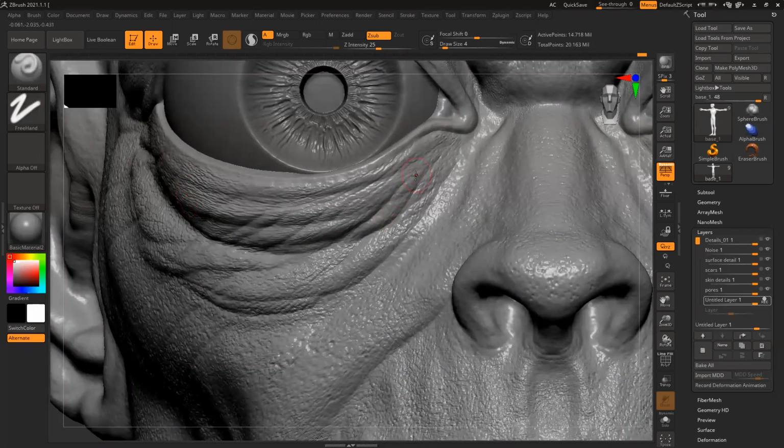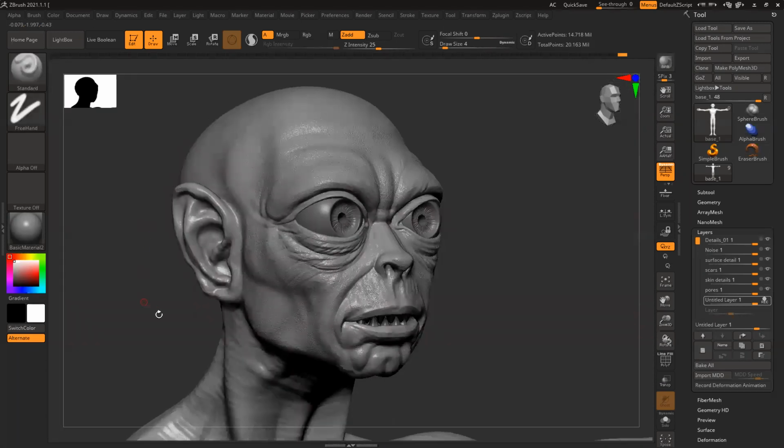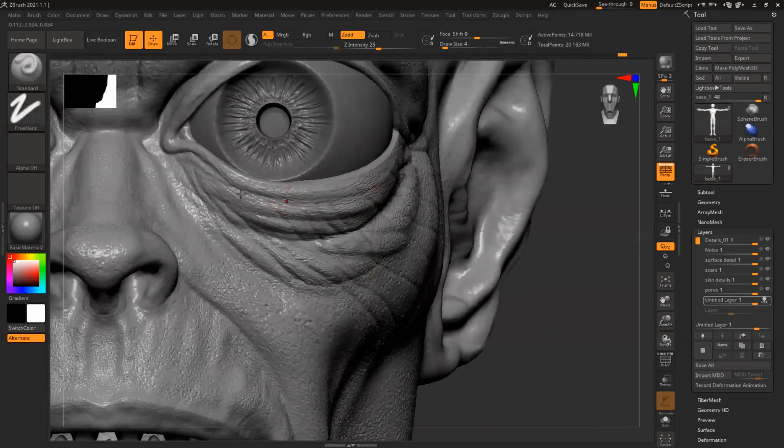Add slight, my bad, undo, add, now add slightly volume. Similarly, this side, enhance,